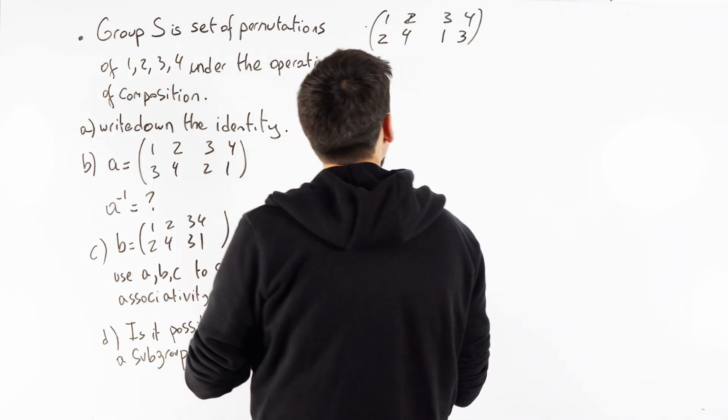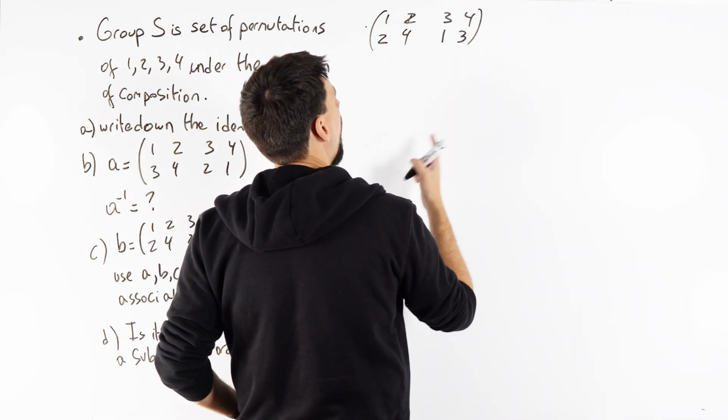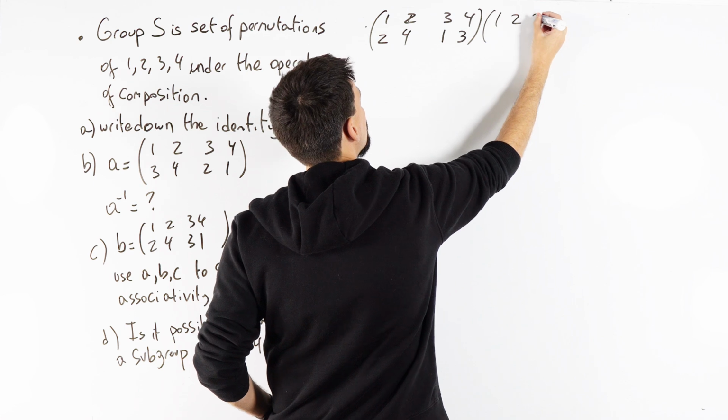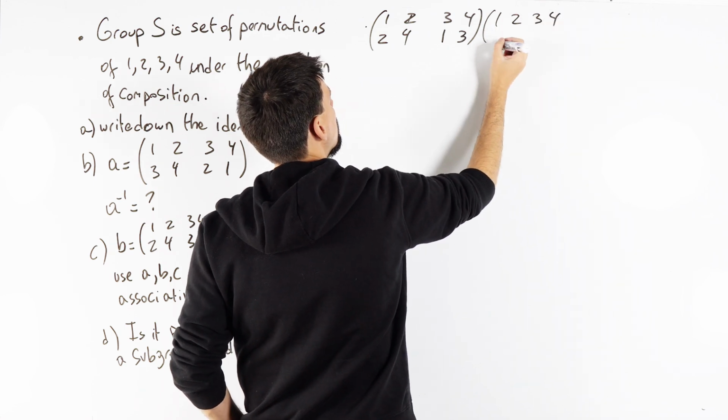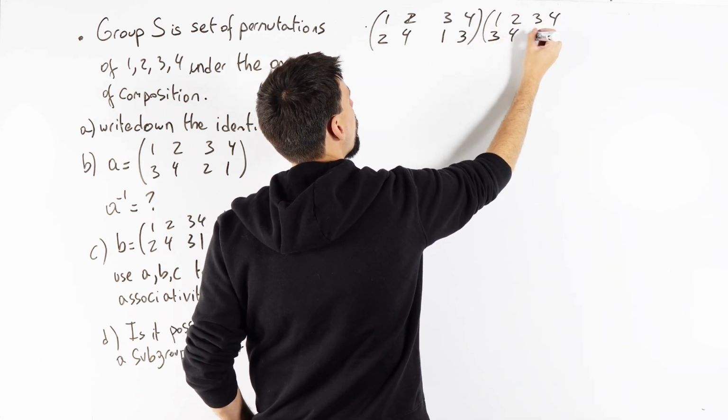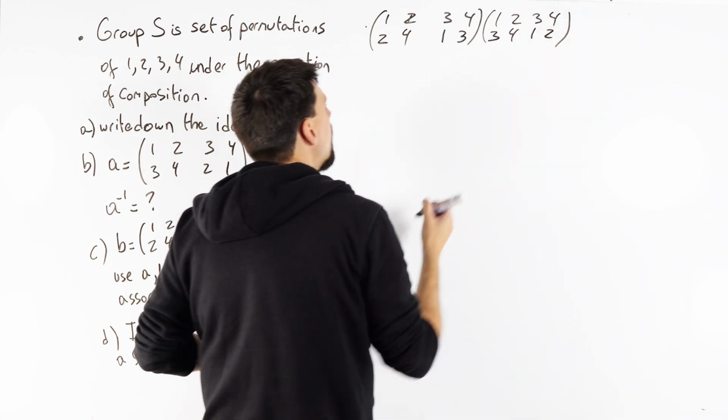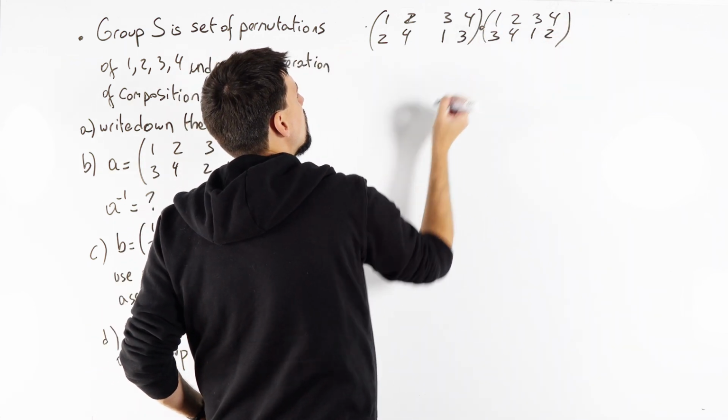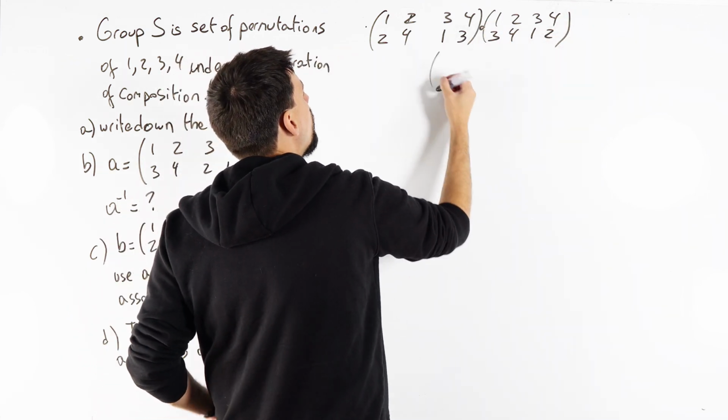Now, composition would mean if I did 2 of them, so 1, 2, 3, 4, and this one goes, I don't know, 1 to 3, 2 to 4, 3 to 1, 4 to 2. The composition of these two, we're going to use the little bubble, would be